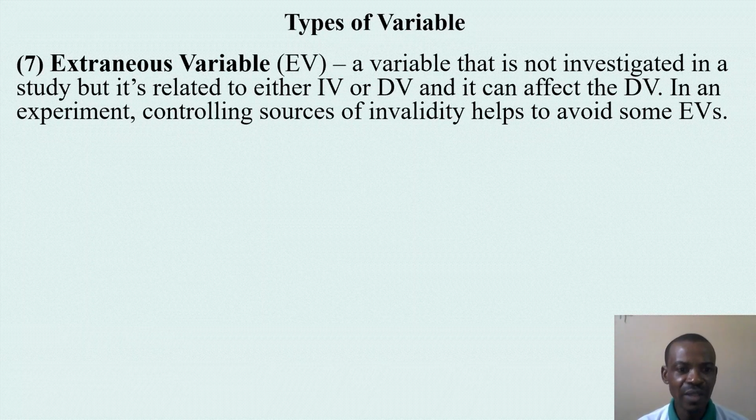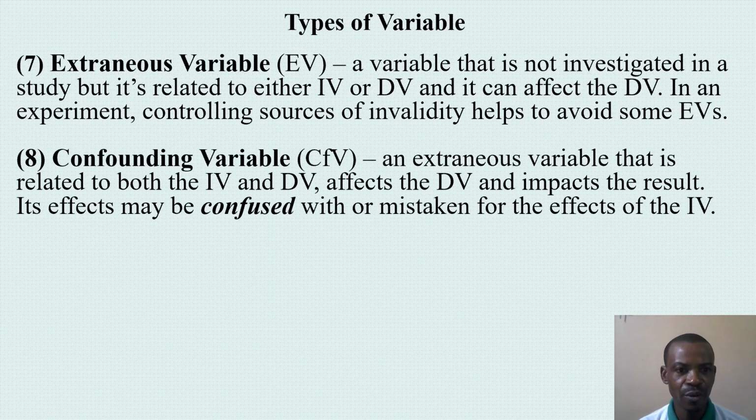Now let's look at another type of variable, which is the confounding variable. The confounding variable and the extraneous variable are often confused by beginning researchers. Actually, they are slightly different. There's a thin line between them. So the confounding variable is actually an extraneous variable, but it's that extraneous variable that is related to both the IV and the DV at the same time. It's related to both IV and DV, and it equally affects the DV, which is the dependent variable,